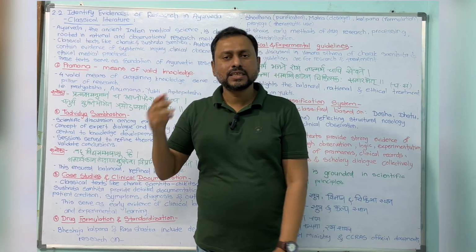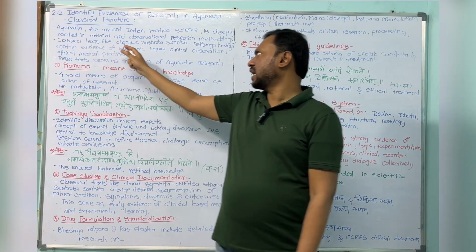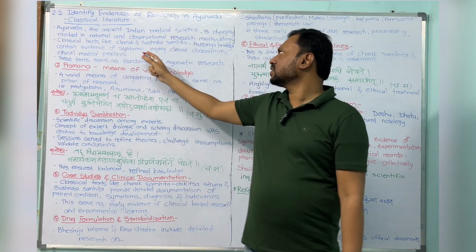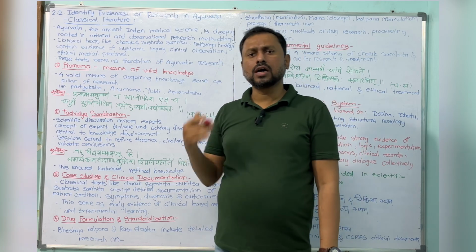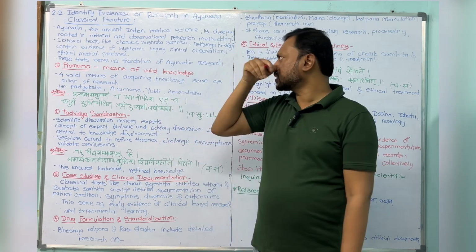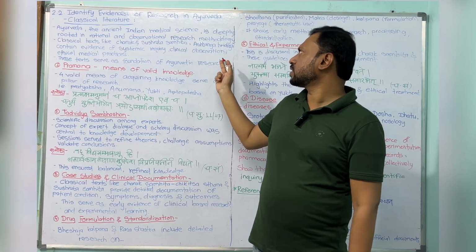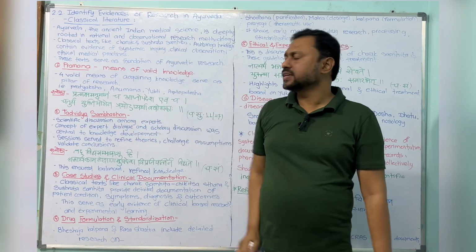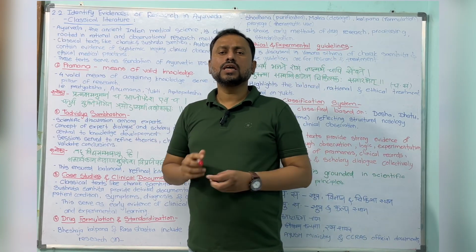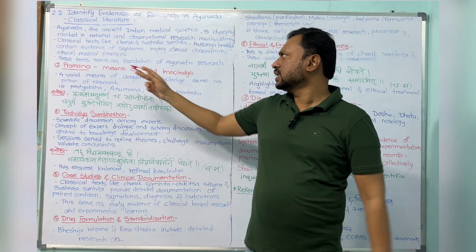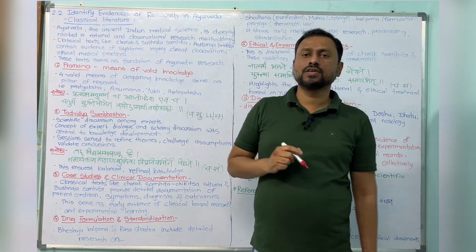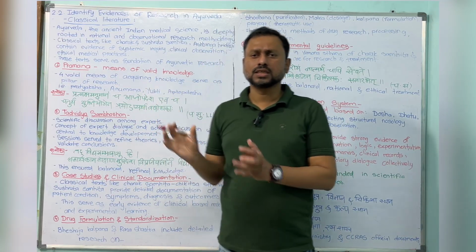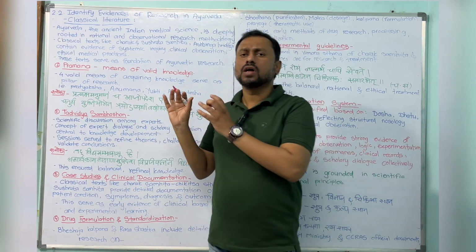Here, the ancient classical texts like Charaka Samhita, Sushruta Samhita, Ashtanga Hridaya, Ashtanga Sangraha contain evidence of systematic inquiry about the disease or any chikitsa, clinical observations, and ethical medical practices. These are evidence we can see very easily in Charaka, Sushruta and Vagbhata. These texts serve as a foundation of Ayurvedic research. You can call them pillars. Whenever we are doing research, these are considered the pillars of the research.